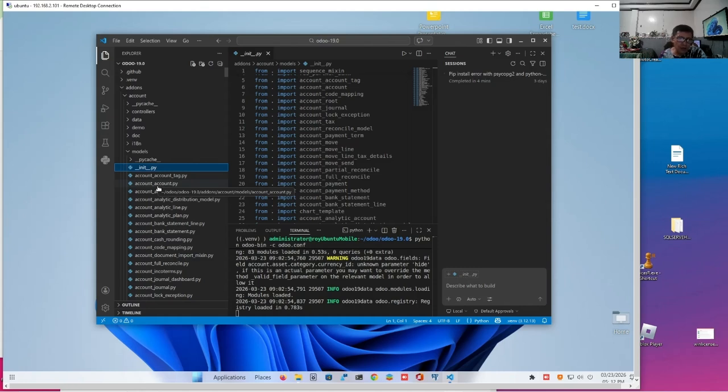So if you are going to have a folder, you assume that it's a book. You are going to make a table of contents for the book. If the book contains chapters or folders, you are going to import them by naming the folders. And inside the folder, if you have other subfolders, you can also import them. If you have Python files, Python files are those that will store the logic of your server. So therefore, you will include them in the table of contents in your init.py.